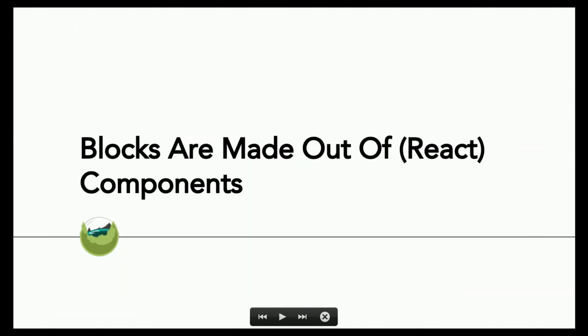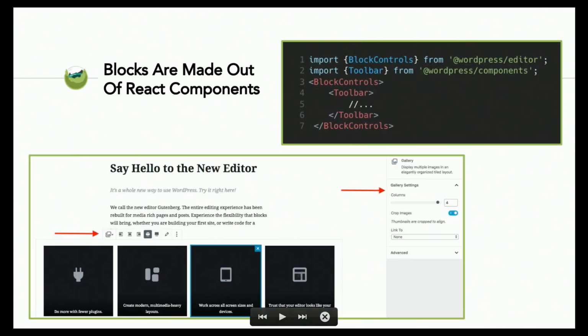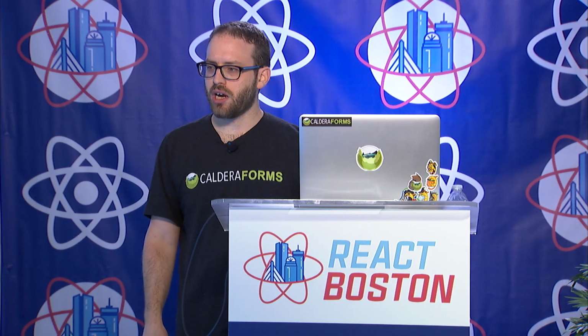These are made out of React components. And so I've highlighted here that the block that's open has these two different controls here, sections. The one on the first arrow on the left is this toolbar, and on the right is the extra controls. And so there are React components that allow you to use these. We're looking at the code there at the top for that one on the left, this toolbar.